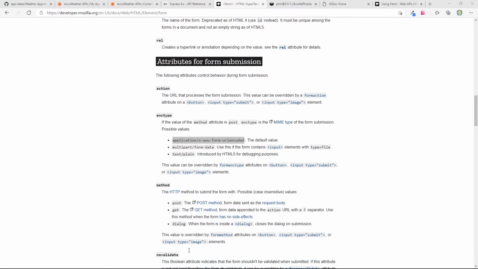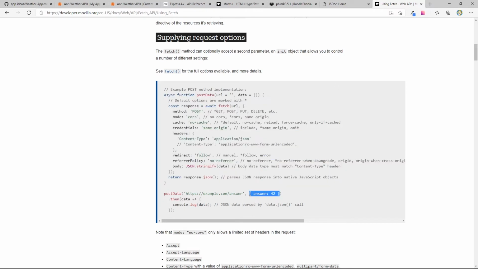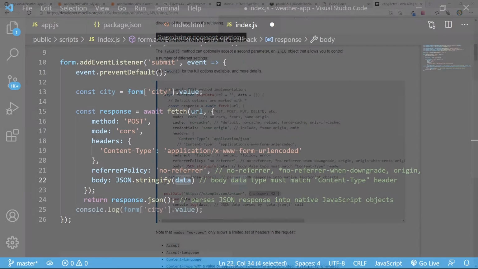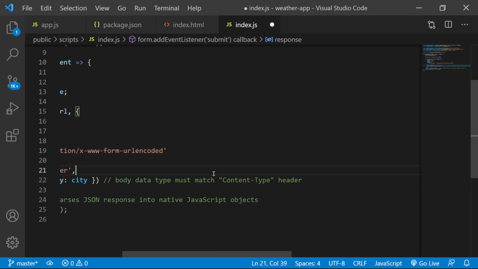I guess we really just need, let's go back. Let's see here using fetch. Yeah, we'll just send an object with the city. And I think that's how it was before, so we might actually have to change how that's being sent. I think it was just body city. Well, let's try that actually and see how that comes out. We'll just pass in body city.